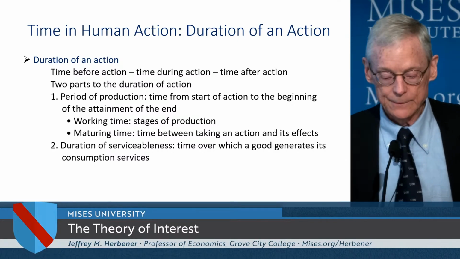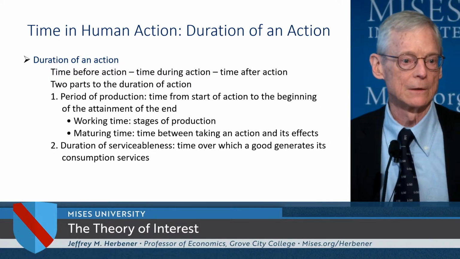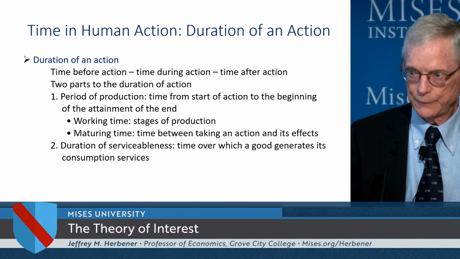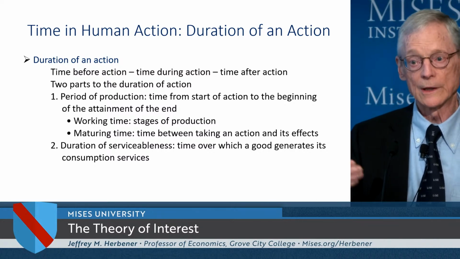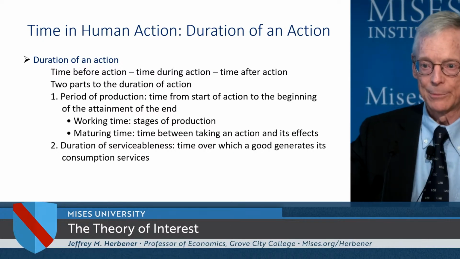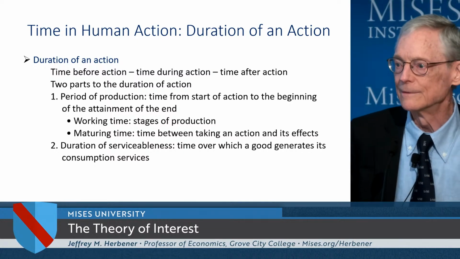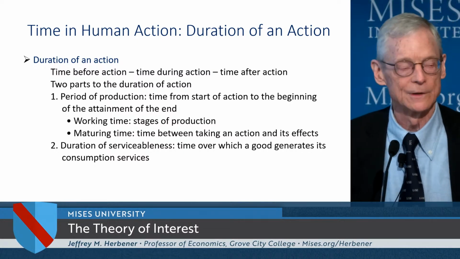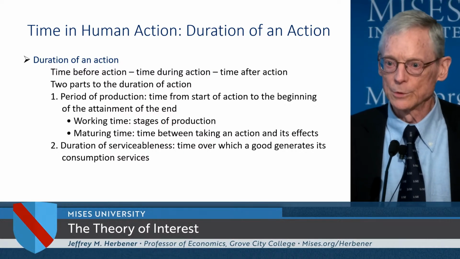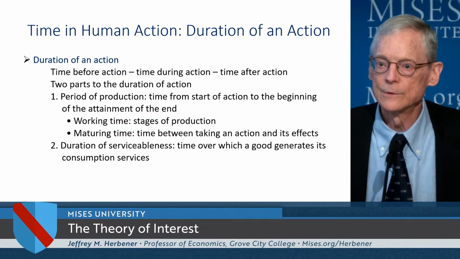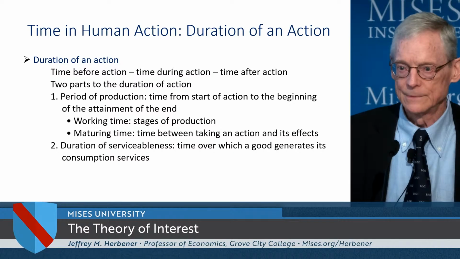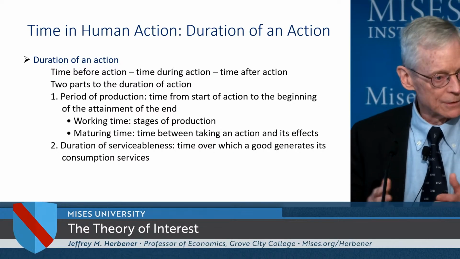Now, the duration of serviceableness too has a time element to it. So we can choose to produce consumer goods that are more or less durable. Sometimes a consumer good, of course, is perishable, right? Pick an apple off the apple tree in our backyard and eat it, and it's one service it renders in consumption and it's over. But others have different durations of serviceableness. And this too is a choice variable. We can produce products that have longer durations, they're higher quality, or however we would think about this, or of shorter duration.